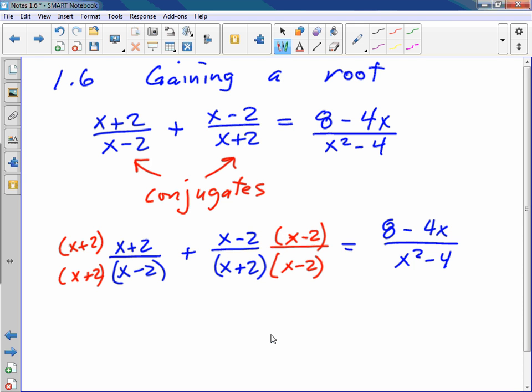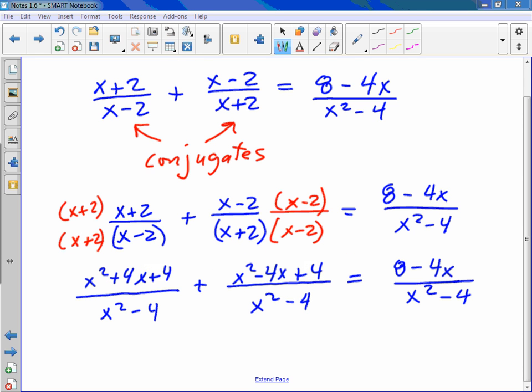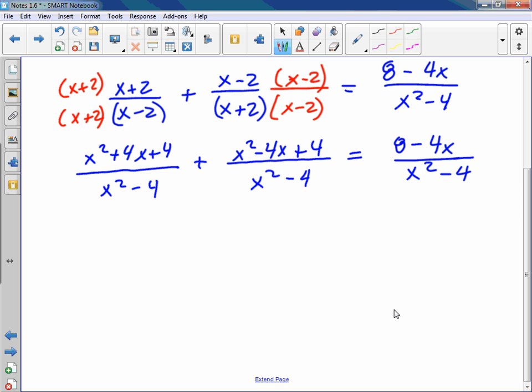So then, how about you all do that? I'm going to pause and take a little break. I want to get you. So now, most of you at this point would say, now, wait a minute. You know, I can put these guys together, right? I can combine a bunch of like terms, and I can get, what, 2x squared plus 8 equals 8 minus 4x. Now, notice,